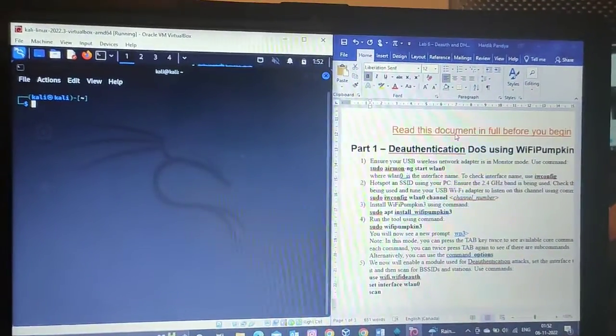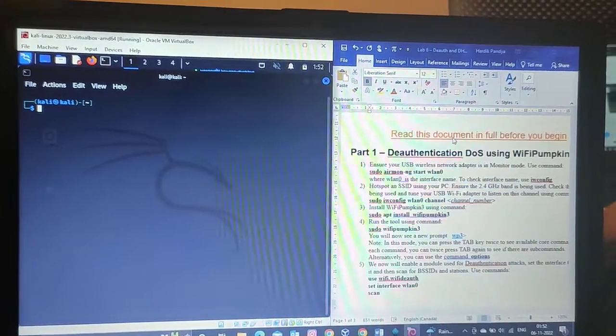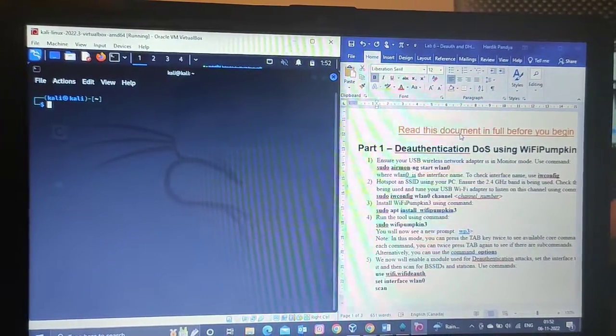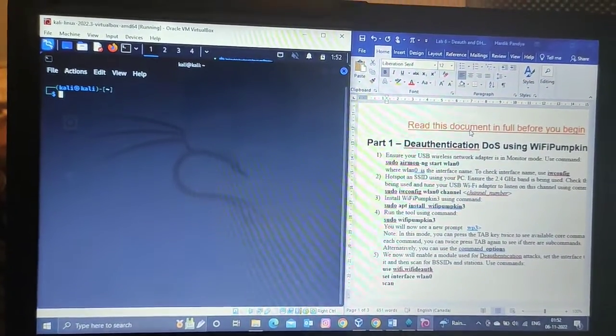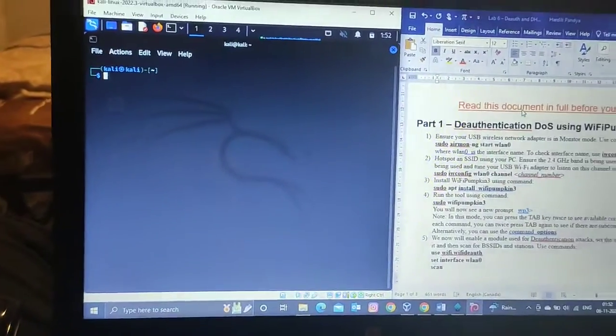So today we will be performing lab 6, in which we will start with part 1. First of all, we need to use Acrylic Wi-Fi to get the mobile hotspot channel number, and now we will perform the first step, which is putting the alpha adapter into